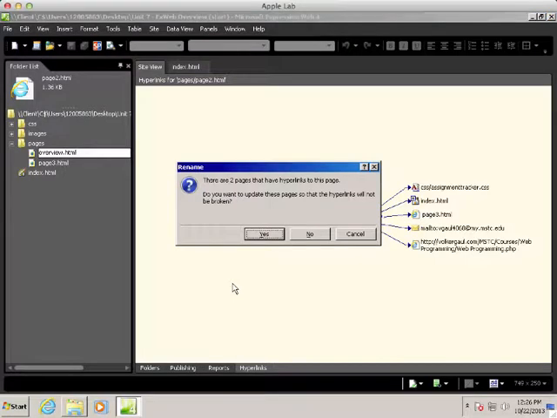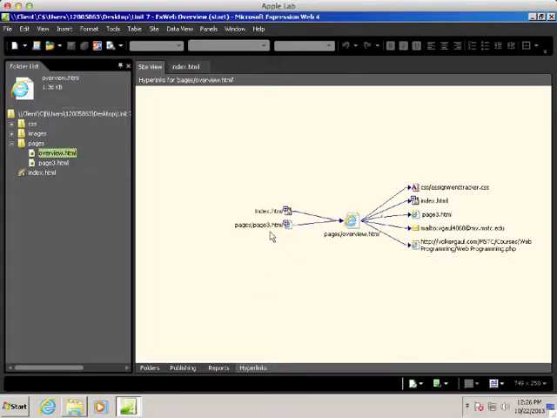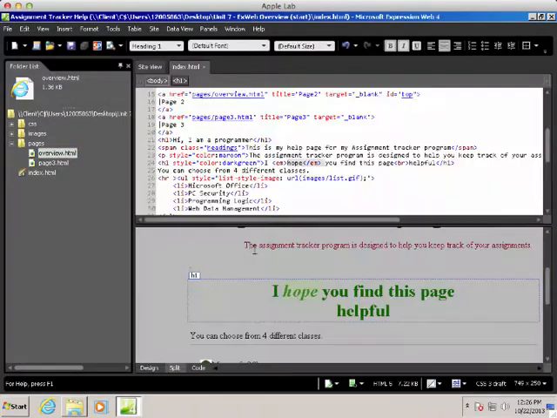Just as effective as if I rename one of the pages. You want to update them? Well, yeah. And now it updates them all. Okay, if I go back to index,